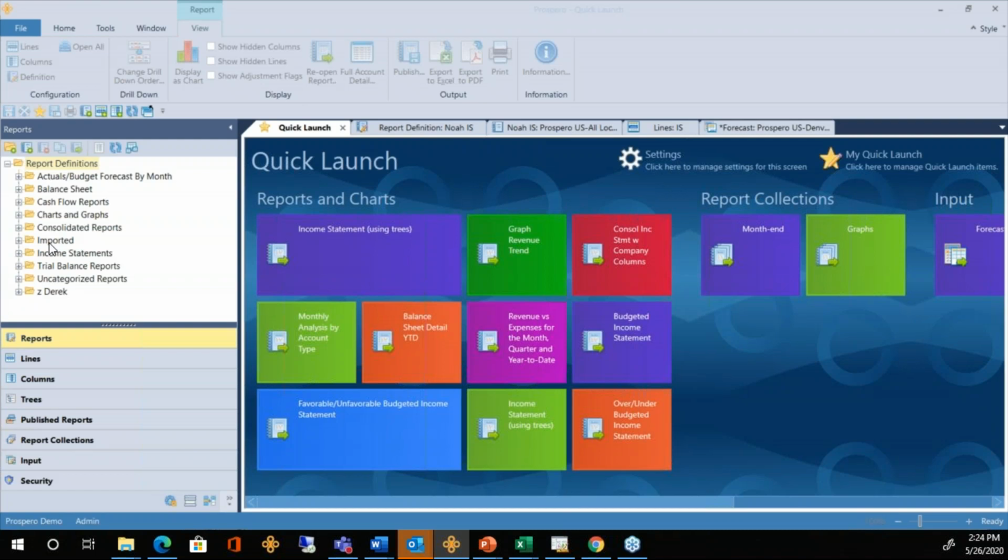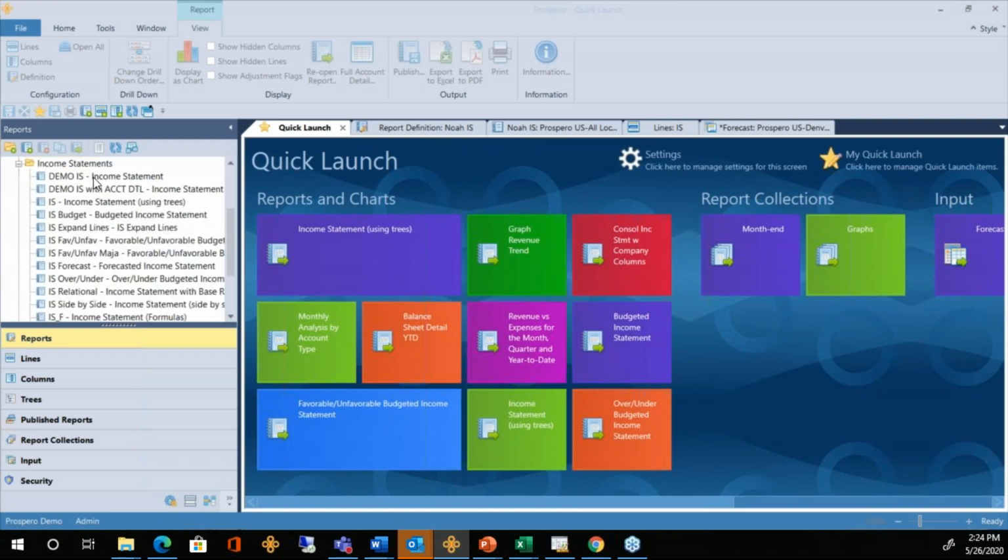Any of these report definitions, you can just double click to open up the definition and run that report, or you can just right click and run that report. So it's easy to run anything from the definitions right here inside Prospero. Every report definition that you build, very similar to how MR and FRX used building blocks, Prospero does as well. So we use lines and columns to define our reports. And those same lines and columns can be used to define our input screens for budget and forecast as well. I've got two buttons at the lower left here, one for lines.